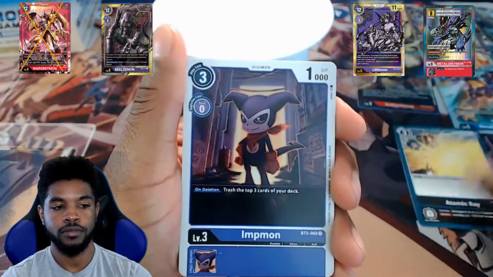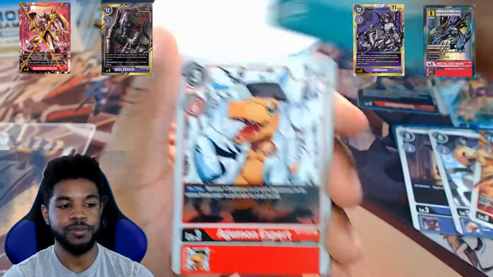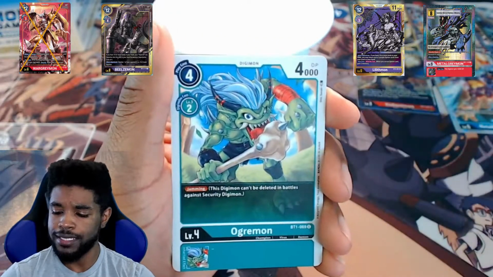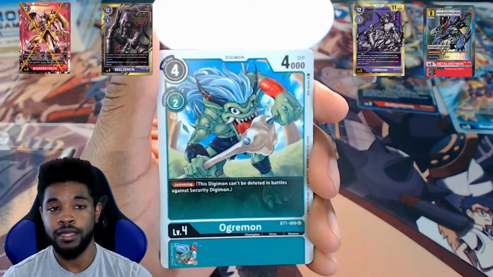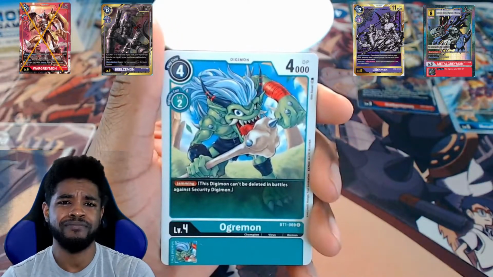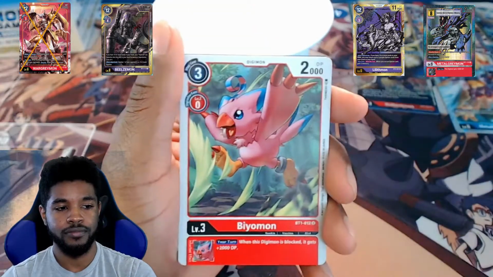Atomic Ray, Impmon, Pumpkinmon, Volcanodramon, Smashed Potatoes, Agumon Expert, or Professor Agumon. Do not take that man's degree away from him. He worked very hard for that in Japan. They're like, nah, in America, in the English version, he's not a professor, his credits didn't transfer over. Come on now. Ogremon, Megadramon, Biomon,